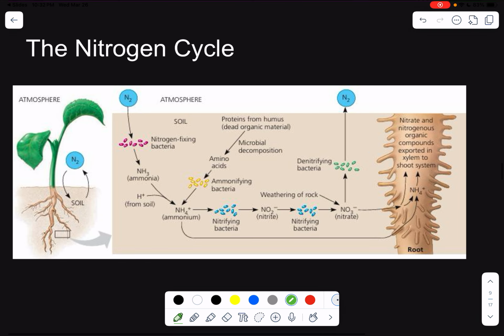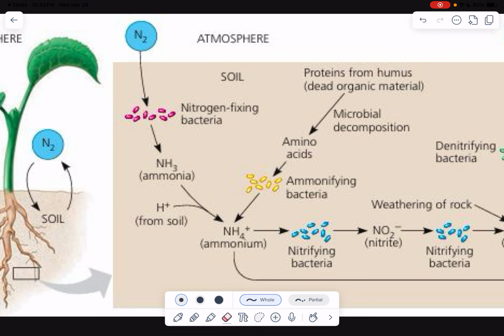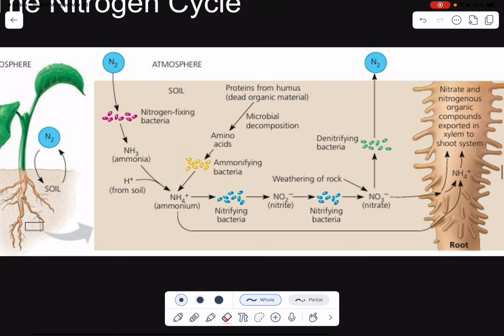The nitrogen cycle involves all these components you see here, and there's not much to say about it except that it is one of many cycles within our biological systems. We also have the carbon cycle, the water cycle, and even, I think, the phosphorus cycle, just to name a few. But the important thing you have to notice here is that the nitrification process is